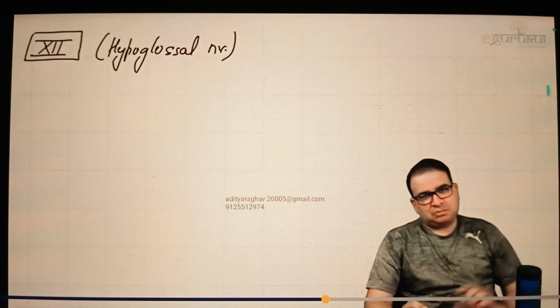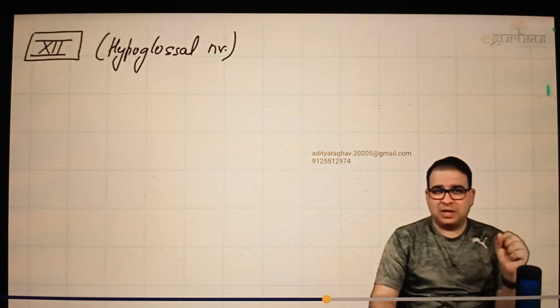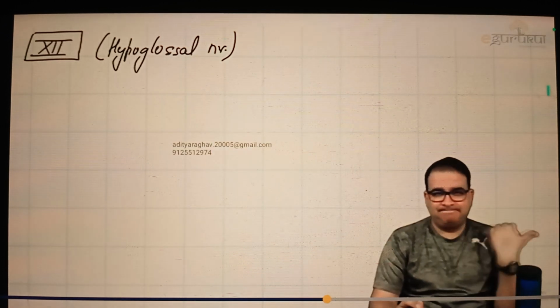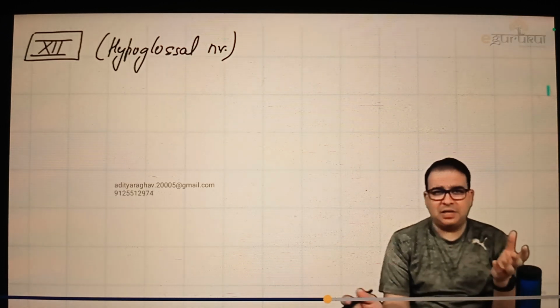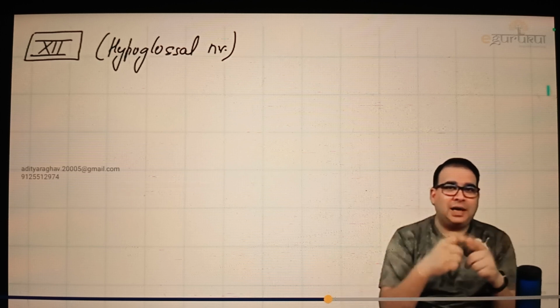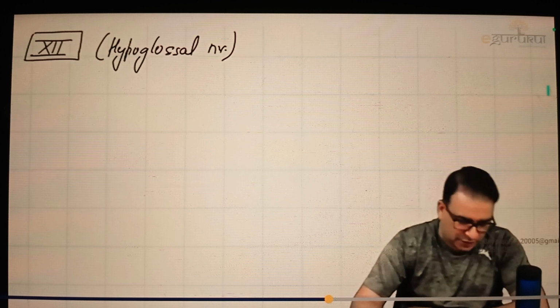Hypoglossal, the 12th nerve. Hypoglossal nerve and ansa cervicalis will be discussed together, guys. Remember ansa cervicalis? When we talked about the investing layer and the deep cervical fascia, we saw the carotid sheath, and on the anterior wall of the carotid sheath, ansa cervicalis was present. First, if we talk purely about the hypoglossal nerve, guys, the hypoglossal nerve will come out